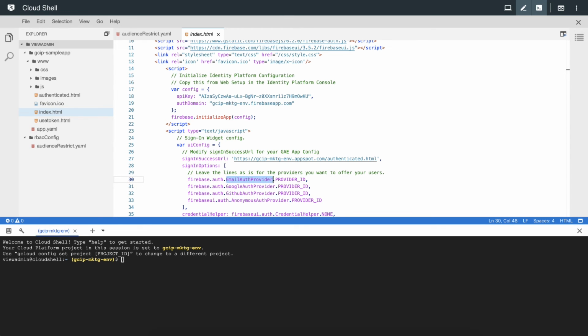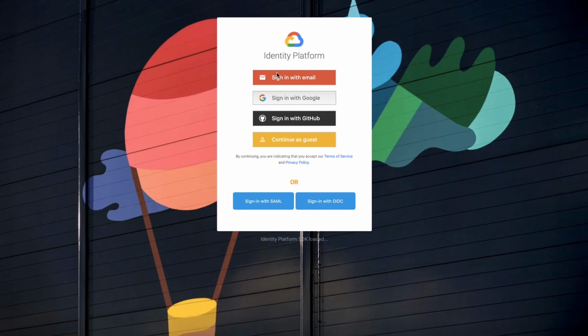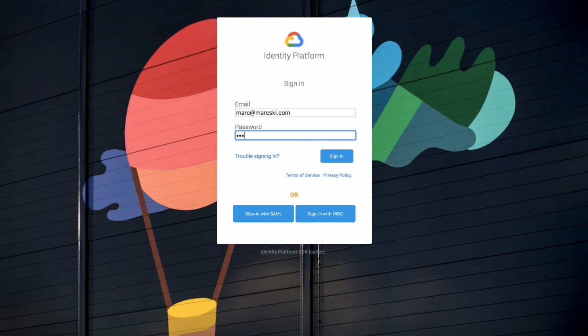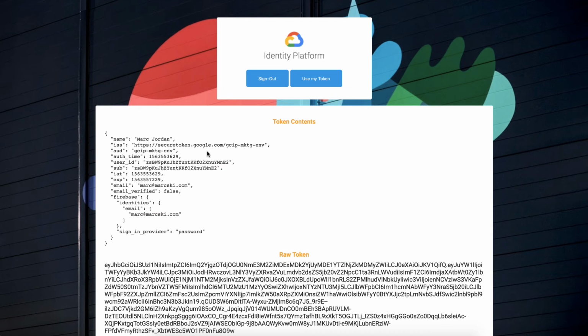So let's go back to our application. And what I'm going to do here is I'm going to sign in with email. I pre-created an account here, and I'm going to sign in. Now,